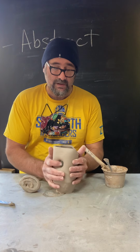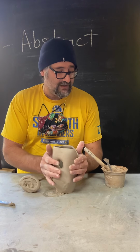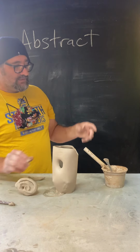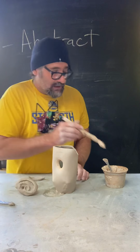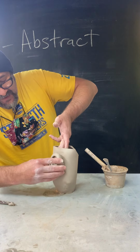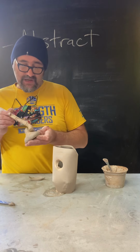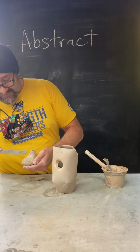All right. So if we do some sort of crazy orientation of all these things, we'll end up with an abstract piece. And that's where I'm pushing you, trying to push you into making an abstract piece here. I would slip that, and then I could slide this ear into there to get a good imprint of where that slipping and scoring needs to happen. And then it's just like I did it on the top. I would slip that area, score both this,